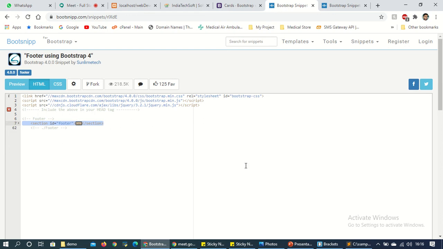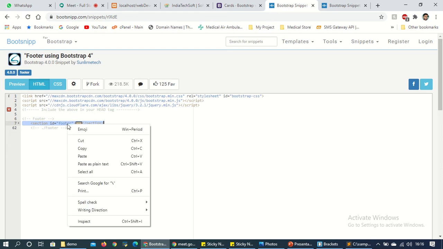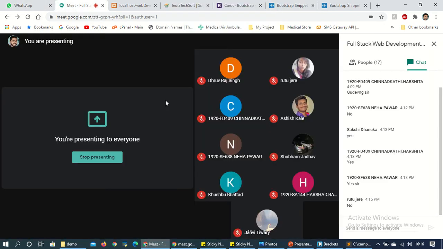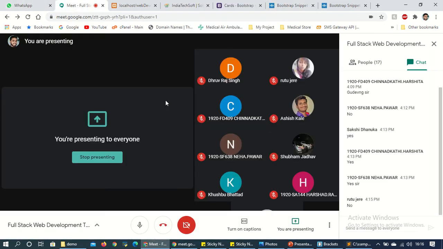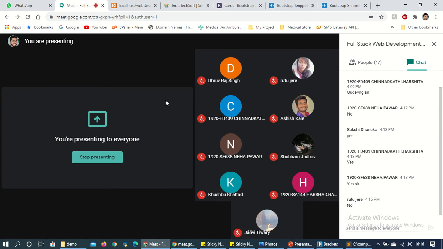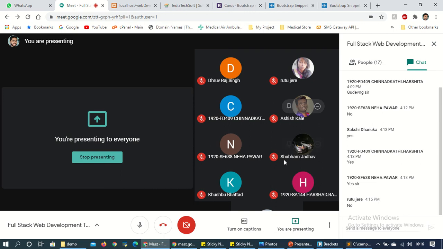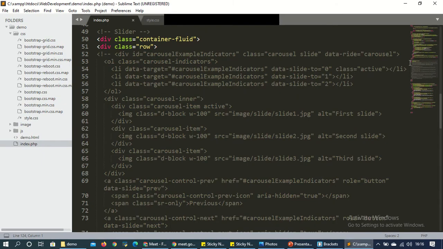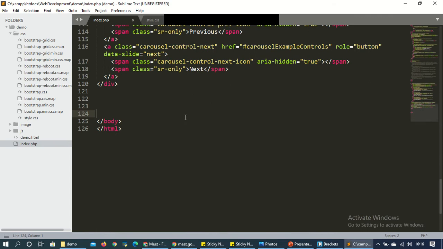I have copied the footer. Just come to here, and at the bottom of the page, give the footer comment, and here I'll paste the code.